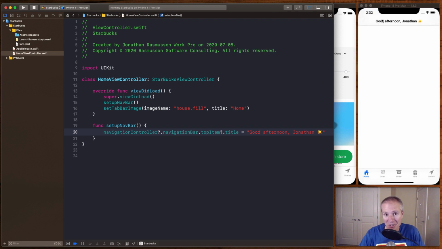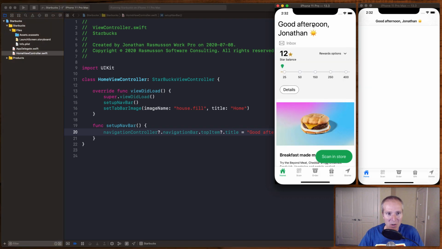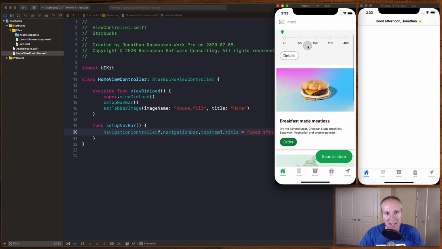And there we go. Good, we've got a Good Afternoon, Jonathan. That looks not bad. That's a step in the right direction. Ultimately, we're going to be going for something more like this, but this is a bit more work. We're not there yet. But for now, I just want to show you one way that we could get a really quick win here if we wanted something that looks like this, but maybe isn't quite as rich as doing